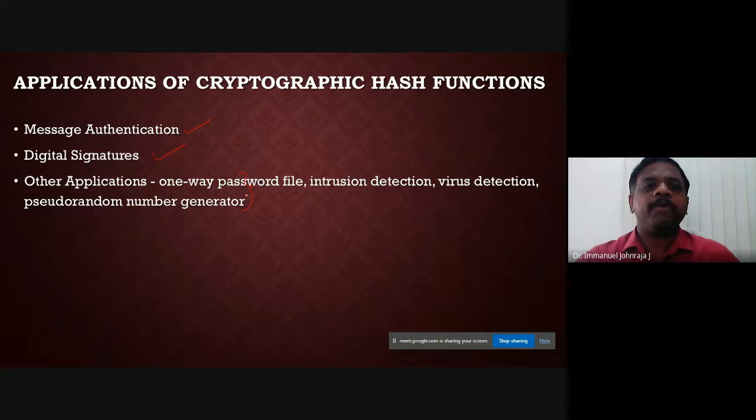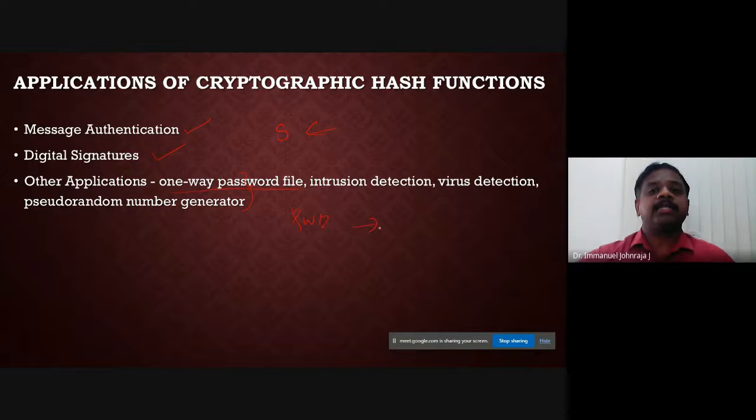One is the one-way password file. You all have learnt about the Unix architecture, where you have learnt how the password is encrypted and used. If I give the keyword, salt is used, right? Yeah, you are able to recall now. Okay, which is the timestamp of the system for encryption. This is how your Unix passwords are encrypted and stored. When the password is entered by the user, the procedure is calculated once again to find if there is a match. Instead of having your original password stored as plain text in a Word document or a text file, it is encrypted and stored. So this is the one-way password file.